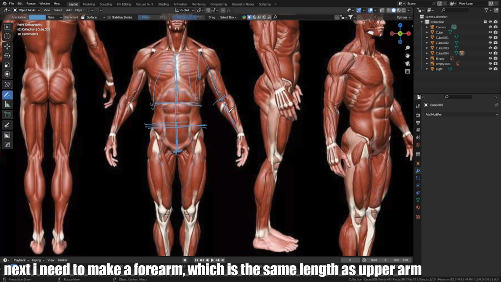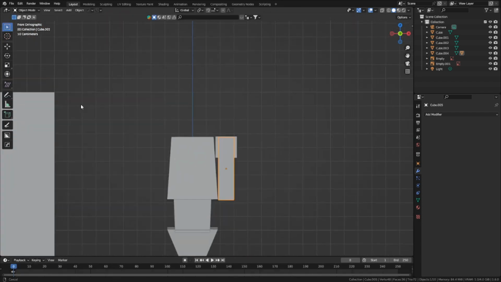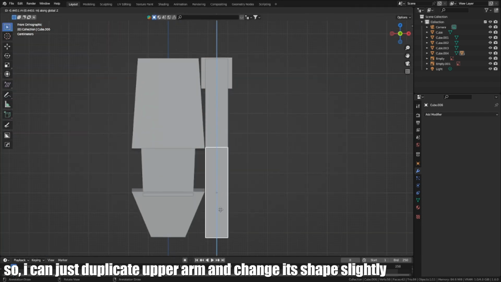Next I need to make a forearm, which is the same length as the upper arm. So I can just duplicate the upper arm and change the shape slightly.